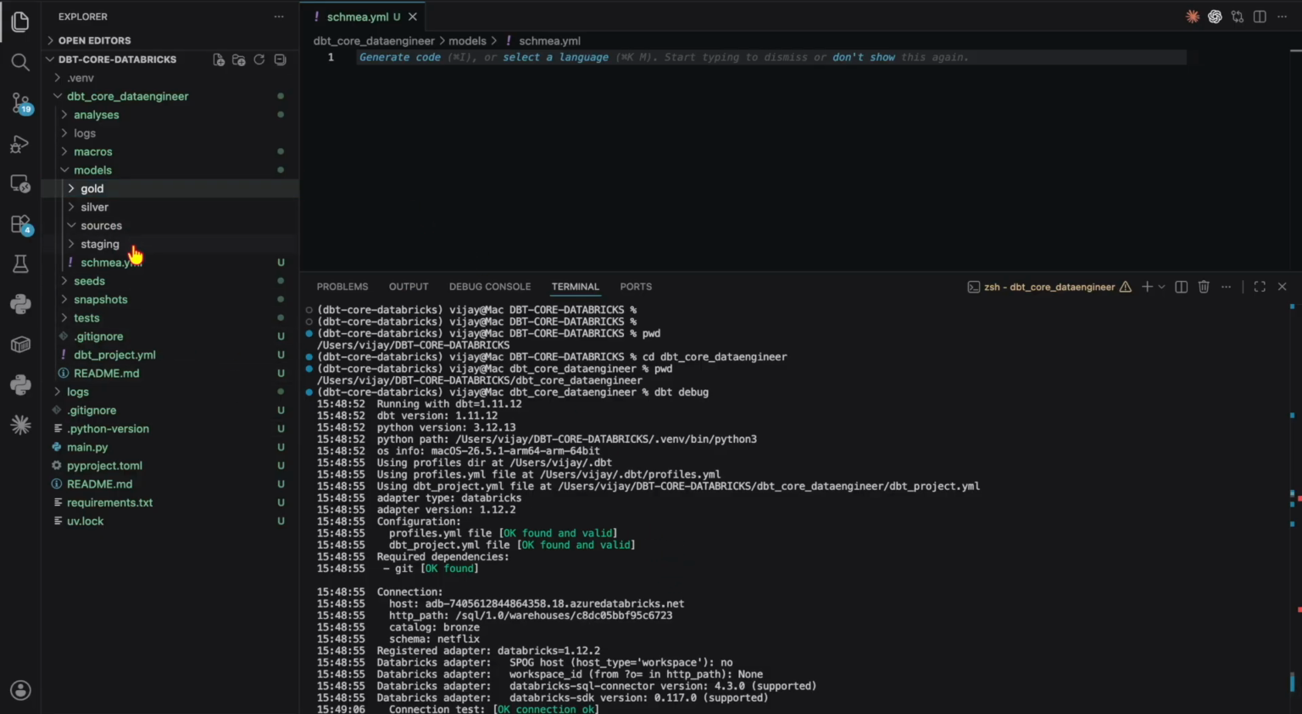The most important thing is, as you know, we are building the Medallion architecture. Our bronze is ready. Now we are building silver and gold with the help of dbt, right? Now what is the use of sources? First we created sources, right? What is the use of sources? The sources basically